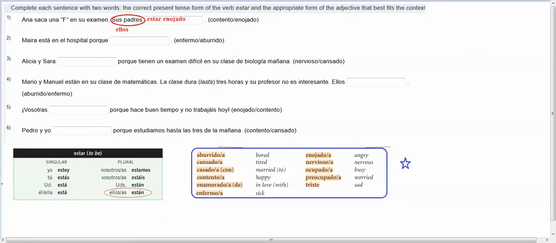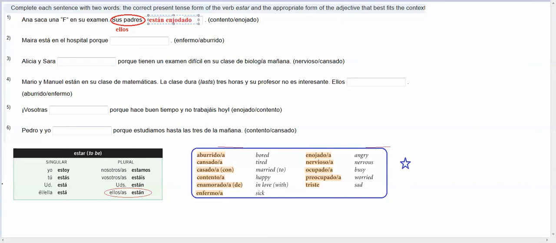So I'm going to go back up here and I need to change that estar to están. Okay, so I'm going to write están now. And I said they were